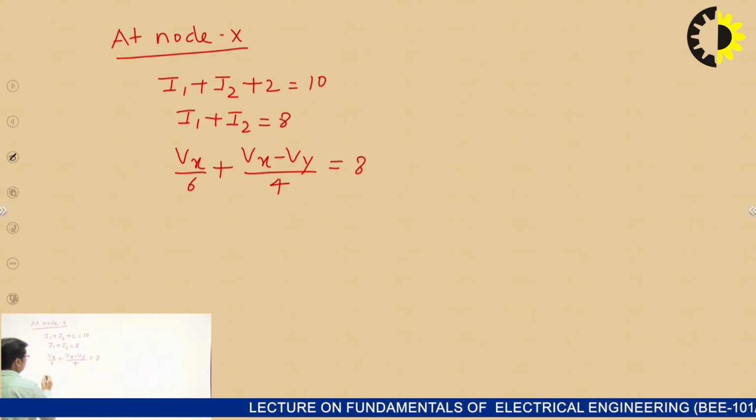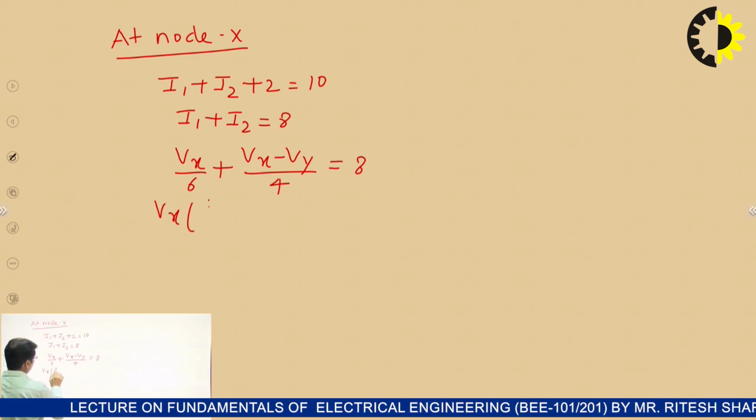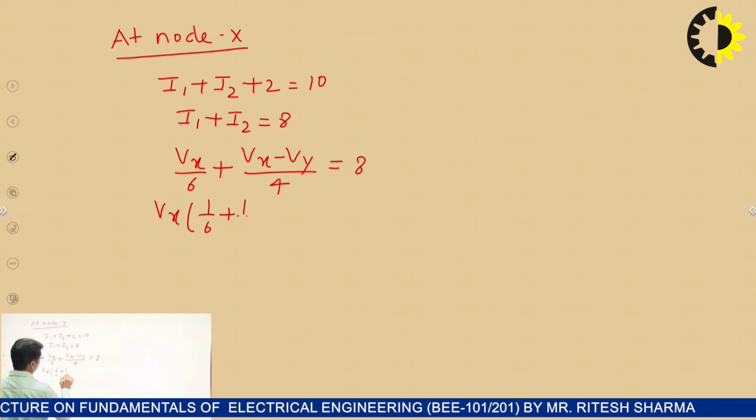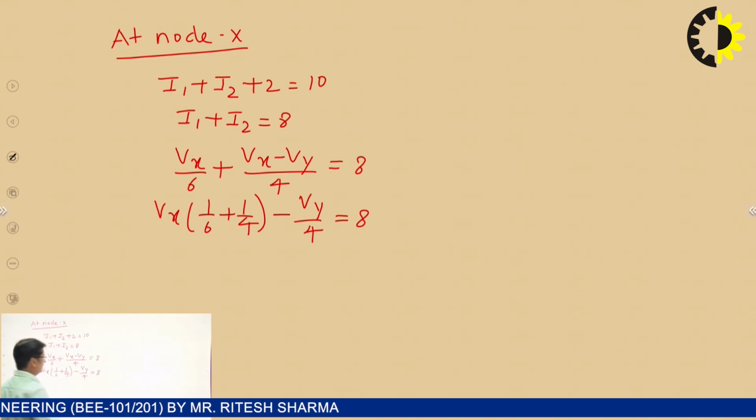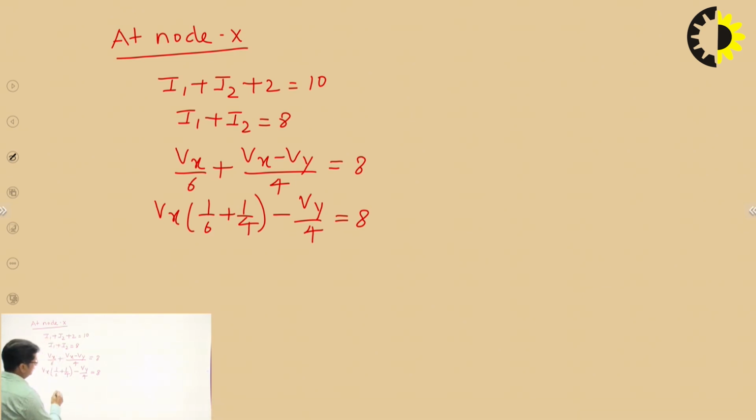So you can solve this as Vx times 1 by 6 plus 1 by 4, minus Vy upon 4, equal to 8. And by solving this equation,